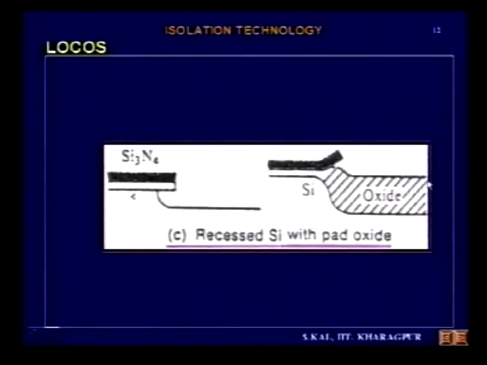In this way you can have a solution to the surface non-planarity. Now the surface will be planar, and this is known as the isoplanar process, where the surface topography will not change. If the surface has a lot of ups and downs, then it is a problem in metallization, as mentioned in the metallization class also.